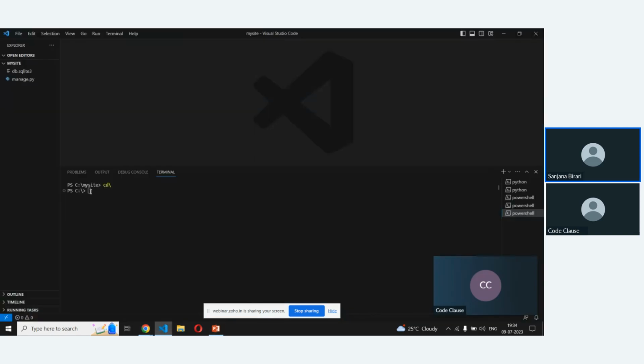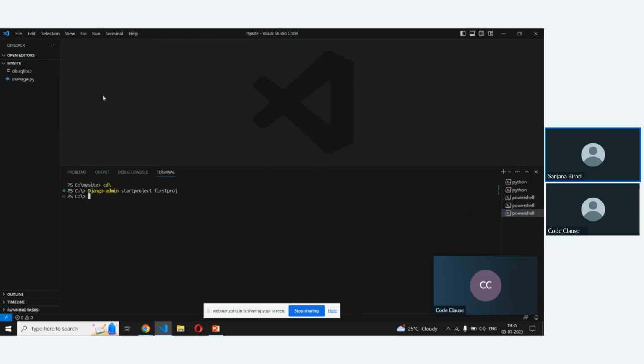Okay. So this is my VS Code terminal. I have already installed Django on my laptop. So what you have to do after that? To create any project, you have to put django-admin, which has all the utilities. Then startproject and your project name. For example, this is the project name.